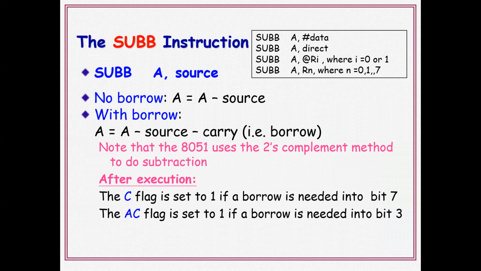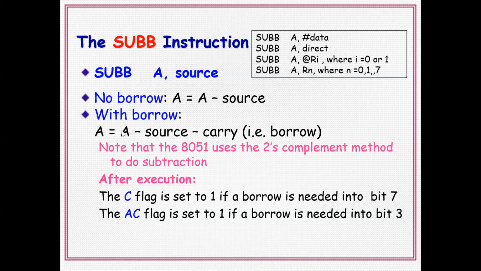And one more instruction, SUBB. SUBB indicates subtract with borrow, which supports accumulator comma immediate value, immediate addressing mode, direct addressing mode, register indirect addressing mode, and register addressing mode. So these are the 4 addressing modes supported by SUBB. If there is no borrow, destination equals destination minus source. Always for addition and subtraction we are using the accumulator as destination, so here also, instead of destination, we mention accumulator: accumulator equals accumulator minus source.